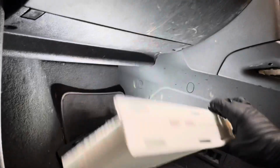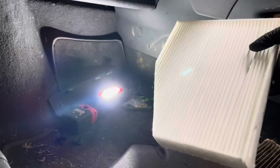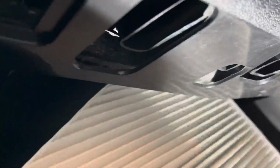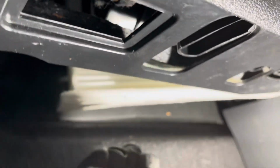Okay, so just fit your new one the same way the old one came out. So it just needs to go into that hole up there. Push it in there. Like so,